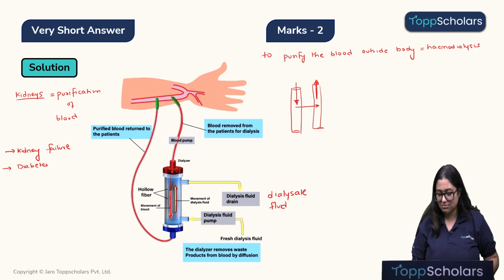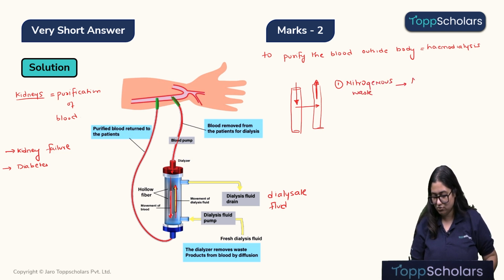Okay, so what all is moving? We have the nitrogenous waste, which includes ammonia, urea, and uric acid. Along with that, even excess water